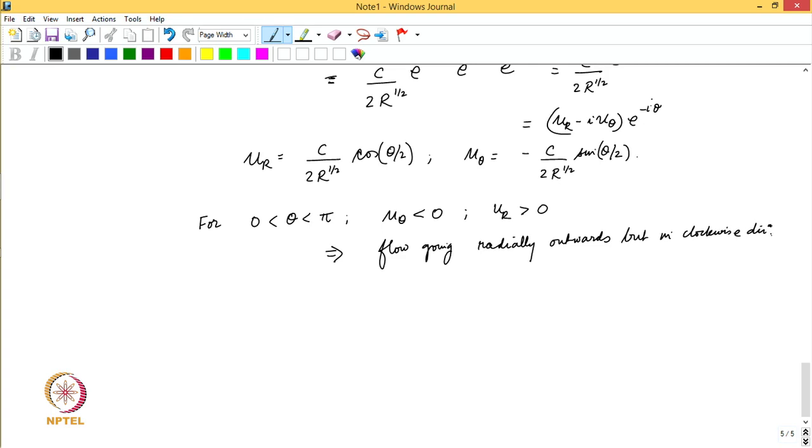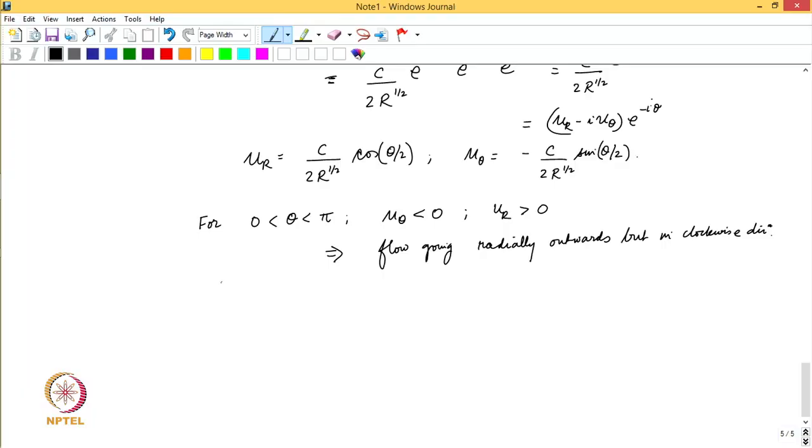Why do I say clockwise? Because u theta is negative, which means that the flow must be, using the right hand screw rule, that u theta negative means that it is actually rotation in the clockwise direction. Similarly, if I look at theta between pi and 2 pi,